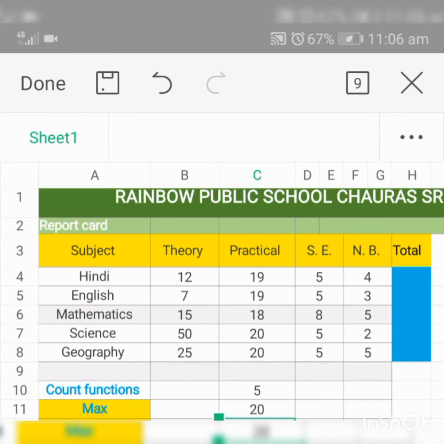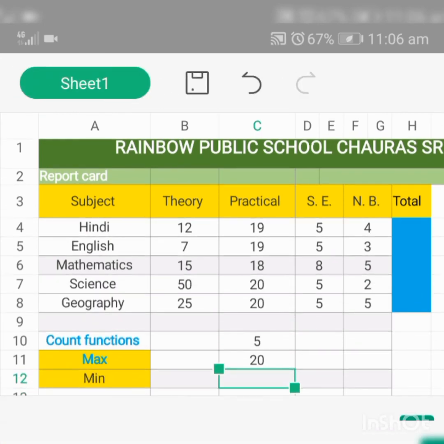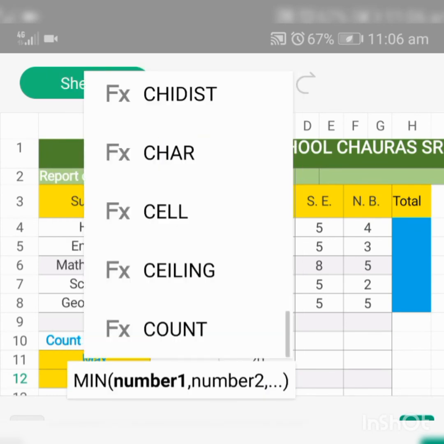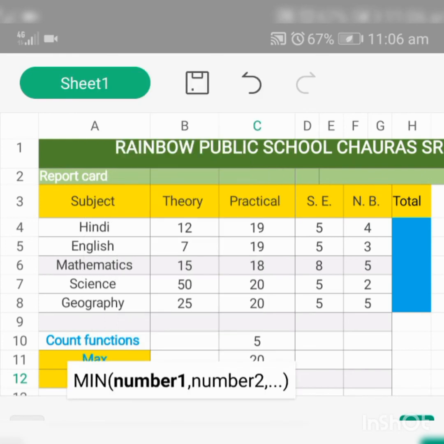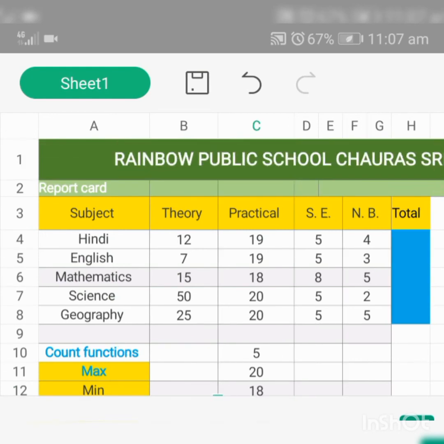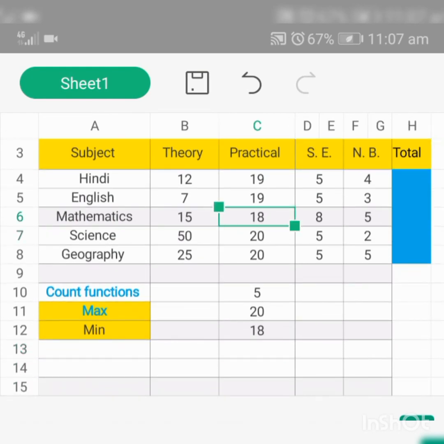For that, write the equal to sign, then MIN, then start a bracket, then write the cell address C4, colon, C8, close the bracket, and after pressing the Enter key, you will get the least number present in the given column C. So you can see in this sheet, 20 is the maximum marks and 18 is the minimum marks.